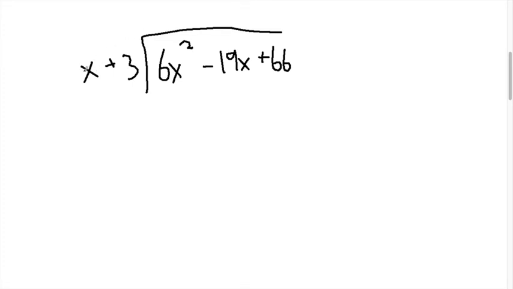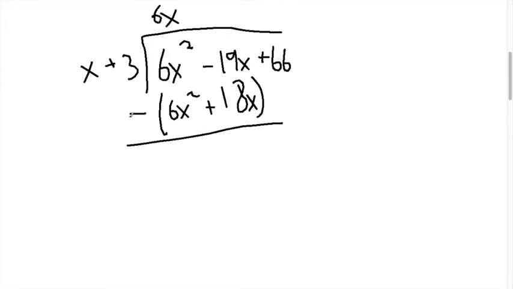We find what you have to multiply x by to get 6x squared, which is simply 6x. So once again, you multiply 6x by x plus 3 and subtract that value from the original, which gives you minus the value of 6x squared plus 18x,